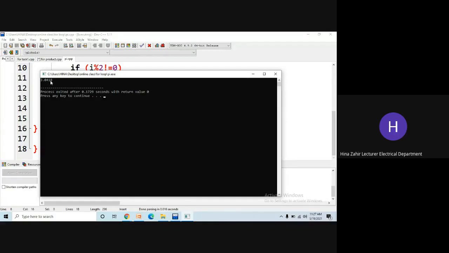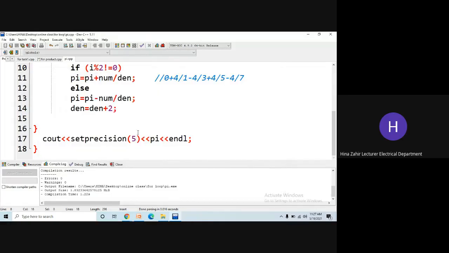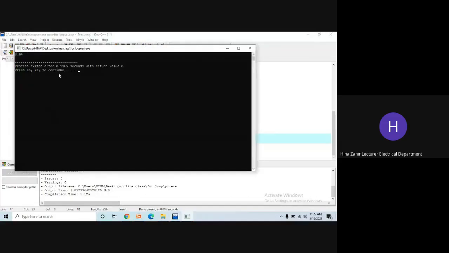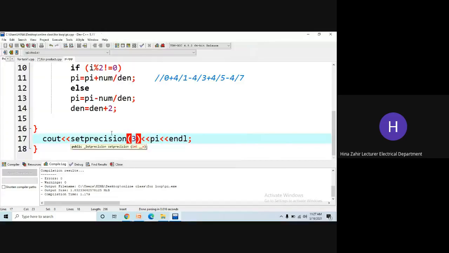Now if you count it 1, 2, 3, 4, 5. Now if I write the value of set precision 3, then you will only get up to 3 decimals. Total 3 digits. See, 1, 2, 3. So set precision is here for the amount of precision given. If you remember your FEC, there the more the precision, the more are the numbers after the decimal. ये असल में और कुछ नहीं है, बस वो डेसिमल के लिए है।